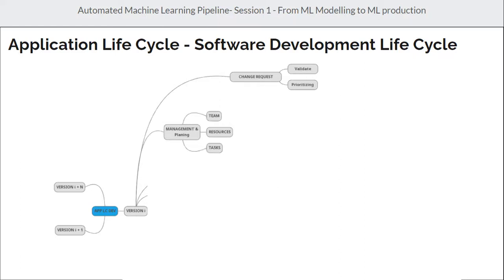Our plan will consider how many change requests we are going to include in the current release. What are the resources, human or material, that are going to be used? Who are the team members, with the roles of each team member, and what are the tasks we have to follow until we finish this release. This plan is usually made by the project manager. It's about being sure that all the resources needed are available to us, and according to that we expect a specific timeline to perform the chosen change requests.